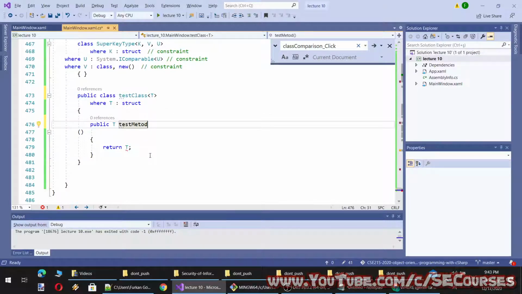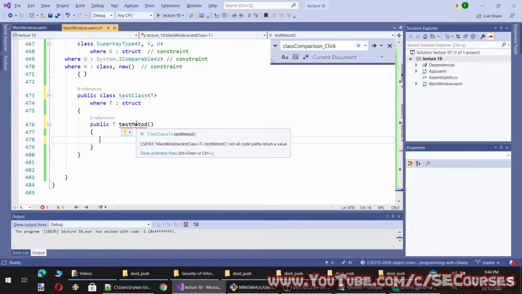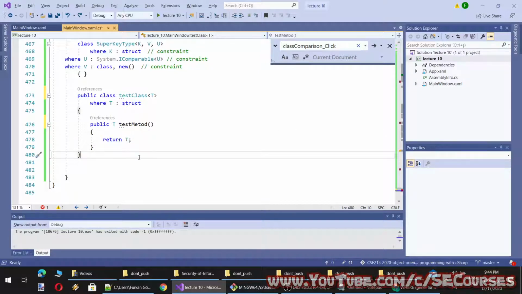Interesting. Why is this giving an error? Oh, I know why. Because I have to provide data like this and return data. Okay, now it works.